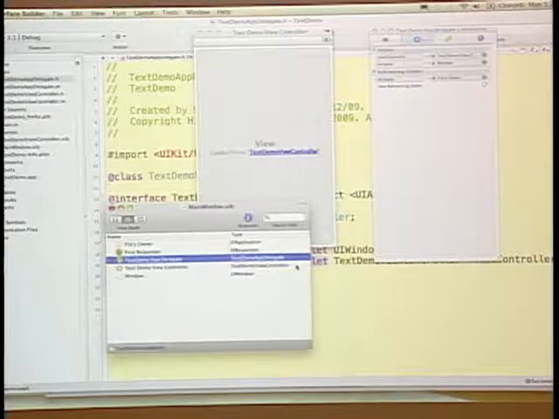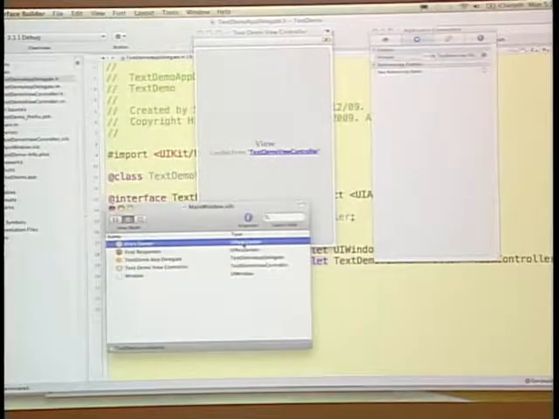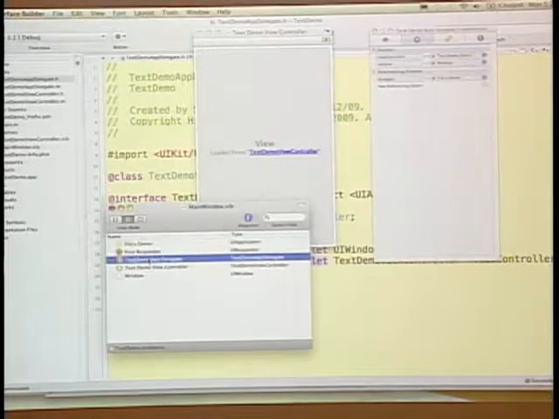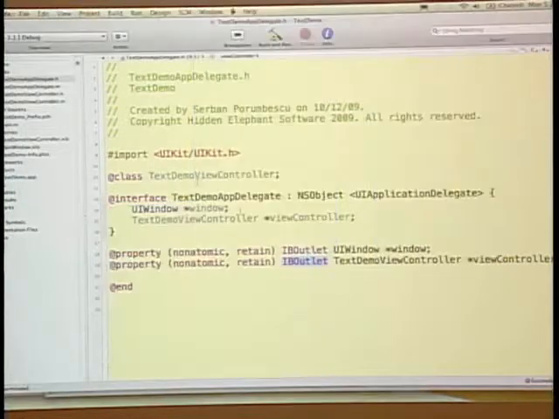So what happens when that UI application main launches is it will instantiate a UI application, and it will pass itself in to this main window nib as its file's owner. And from there, we have this app delegate. So the application is loaded. Some interesting things are happening. Eventually, the application's done being loaded, and